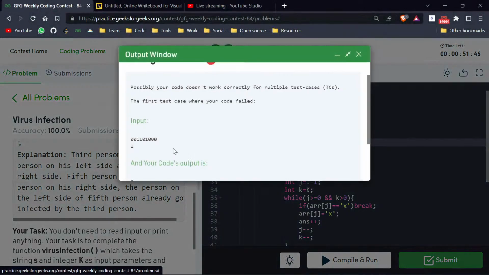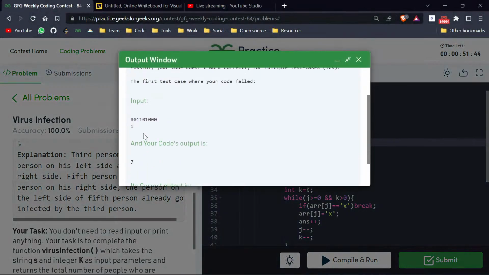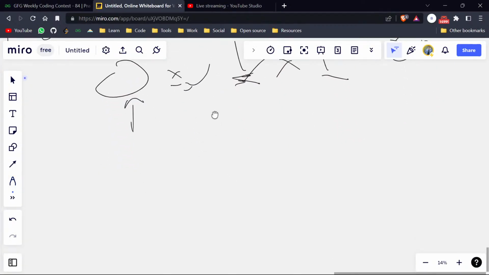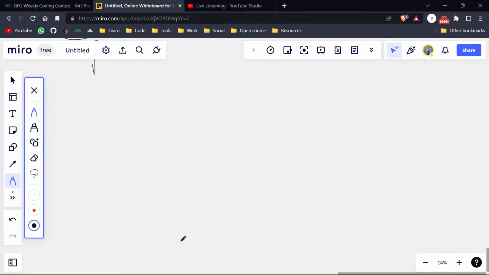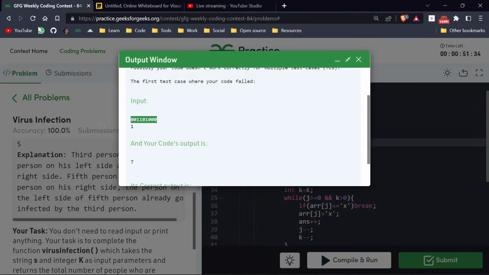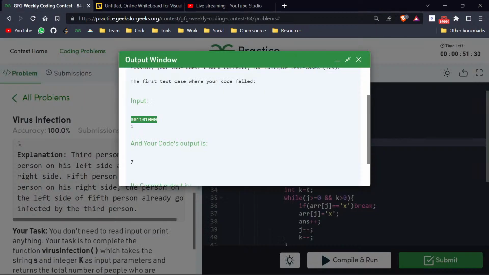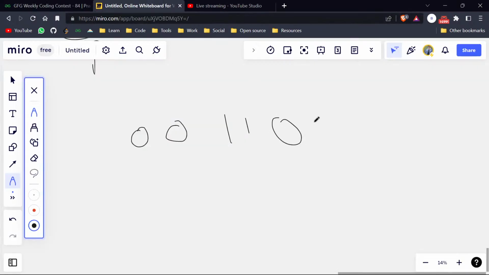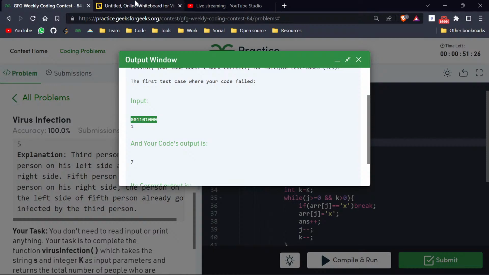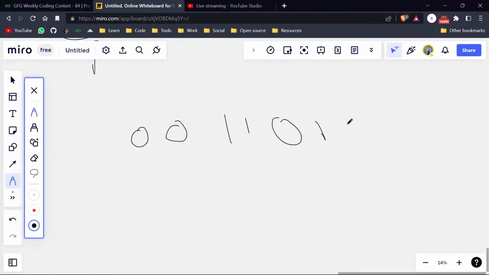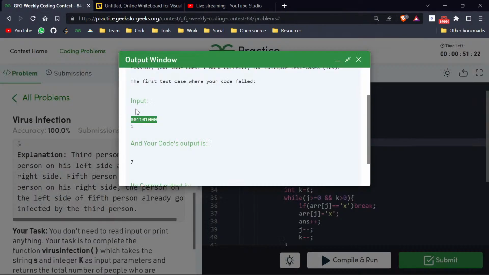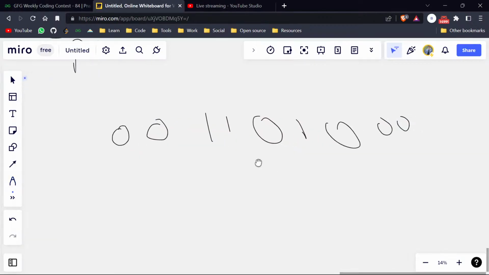So what is the wrong test case? Let me just check. So that is our case 0, 0. You don't have to enter any wrong submissions because that will just deduct your marks. Well, 0, 1, and at last triple 0, triple 0. So that is our example, and k is equal to 1, 1, 1, 0, 1. Yeah. So what we are doing